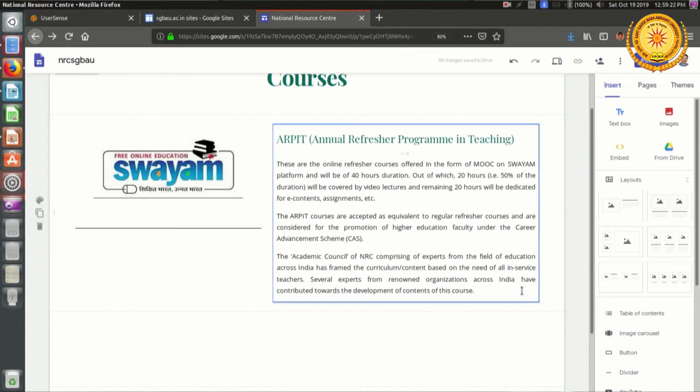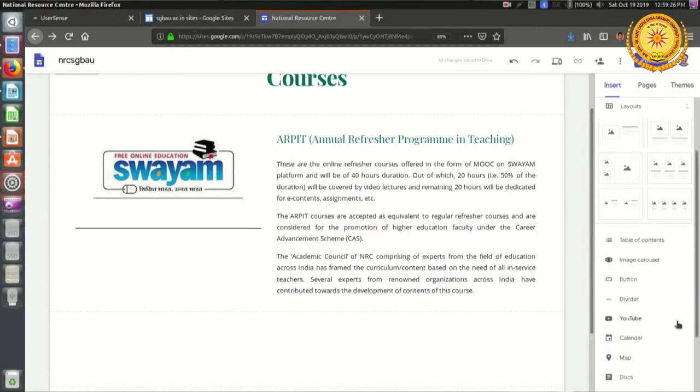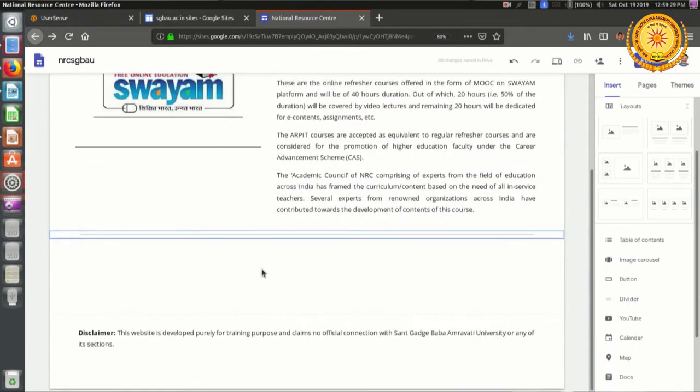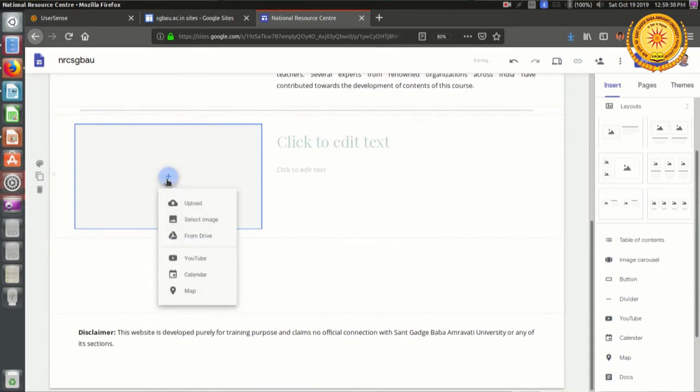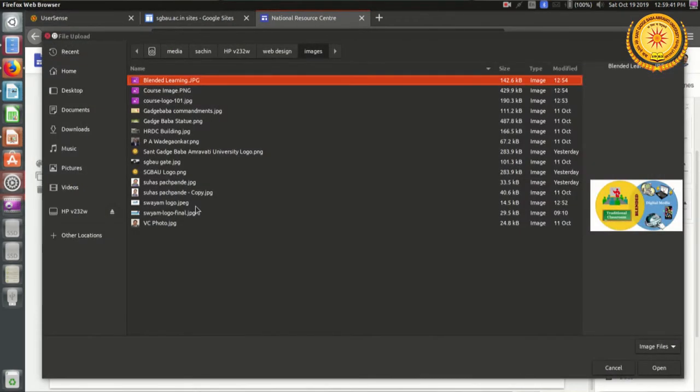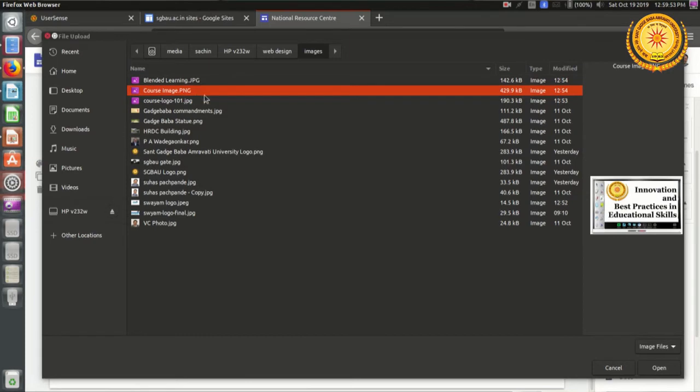One part is completed, so I just want to put a divider between the next part. So click on that divider, a divider will appear here. What I want to do is, now I want to display another information. So the same layout, clicking on plus will let me upload the image, the second image that I would be uploading for the ARPIT 2018 course, and that image is stored as course image. So okay,